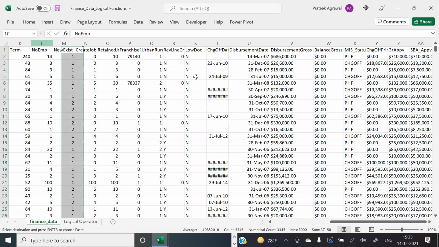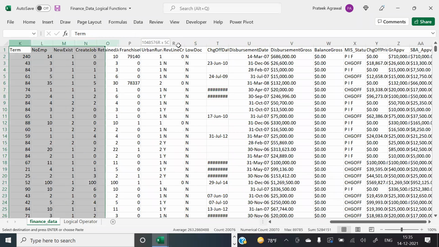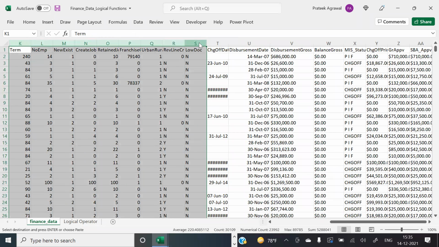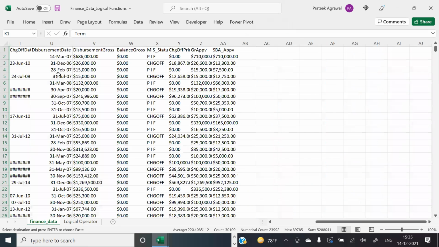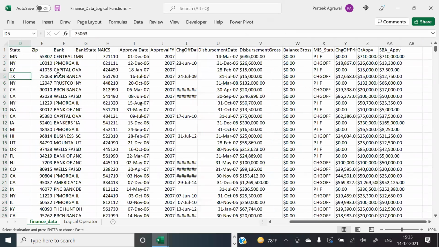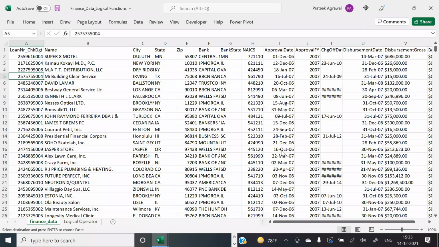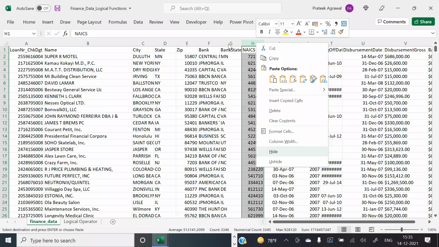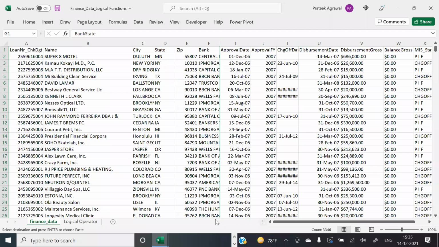I'll just hide a few columns so that the entire column is properly visible to you. Just write it on a piece of paper. It might be taking time, but let's not waste our time. Just putting all the information out over here. The things I'm not using, I'm hiding right now. This should help. Okay, Faisal got it.